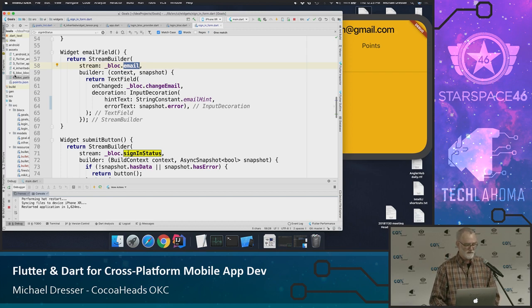Okay? So just to summarize what all that was about: by using subjects, RxDart streams, but specifically the behavior subject, we can link this block, that is this business logic component, to a stream builder and basically do anything you want to do as you're entering that data, do any validation you want to do, send it out to the cloud somewhere, get it back via the repo and then the block, and update the UI that way.